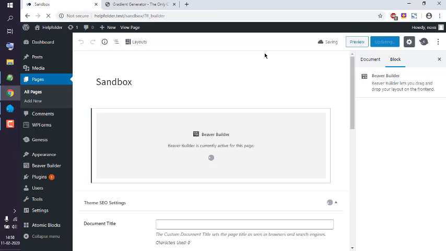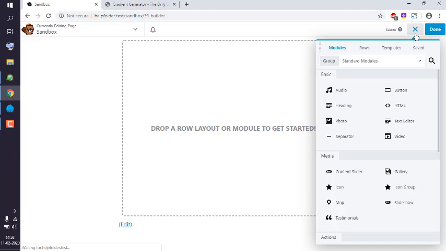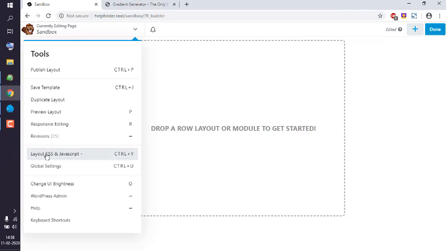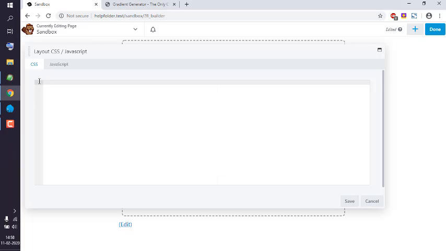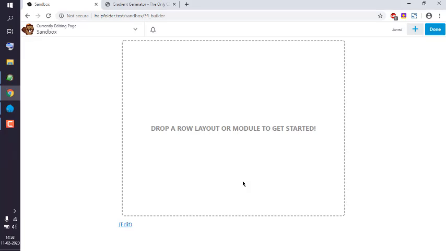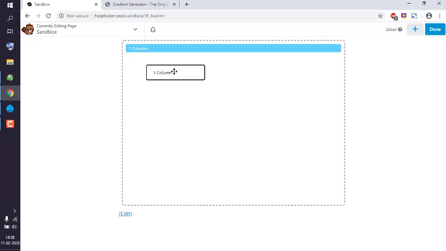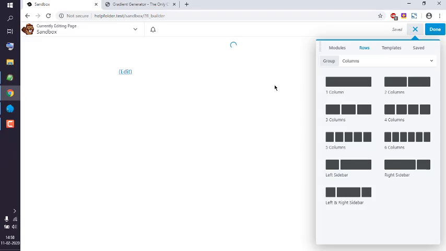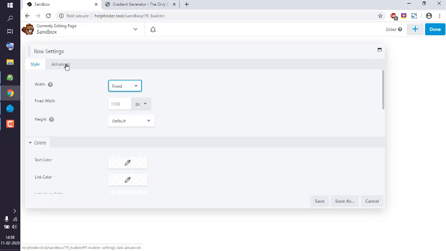Okay, so first thing would be to let our Beaver Builder load, then go to layout, CSS and JavaScript, and here you can remove any existing CSS you have. Okay, save it. Now here let's drop in one column row. Okay, once you add this, what we'll do is we will simply edit this, and in row settings go to